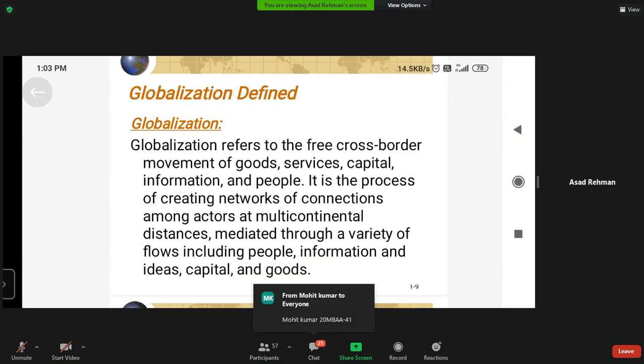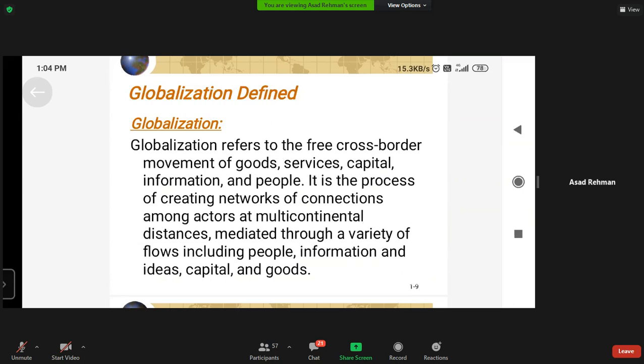So it is a process of lowering down the barriers which exist because of the political, legal, or economic restrictions which exist between different countries. So globalization is basically a step forward in the direction of economic cooperation,